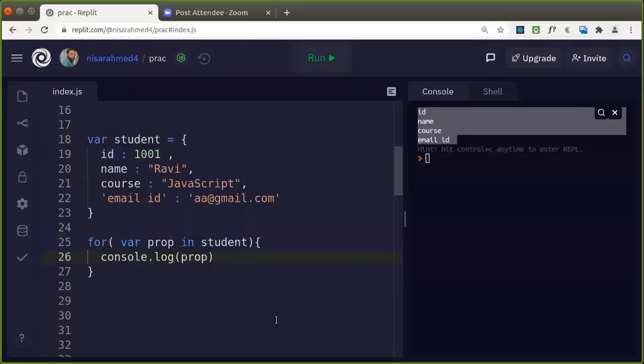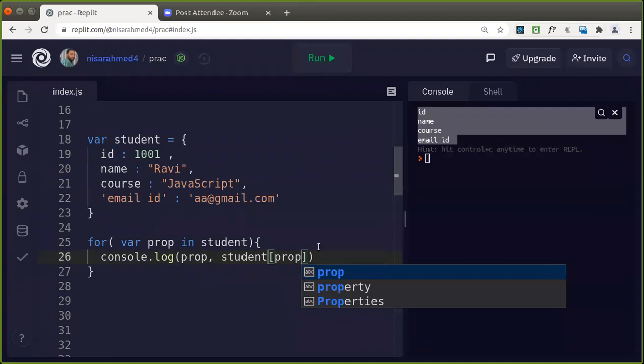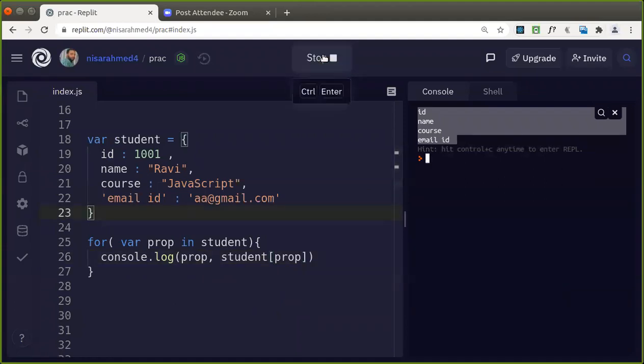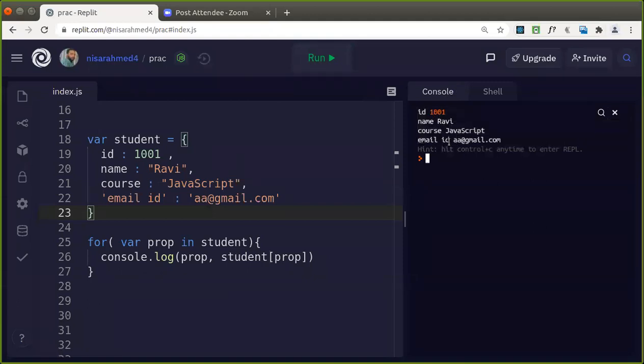Using the property, if you know the object name, you can easily get the value associated with that property. You can see here, ID is there, name is there, codes is there, and email ID. So this is one way you can use when you don't know exactly what properties are there in an object. Good.